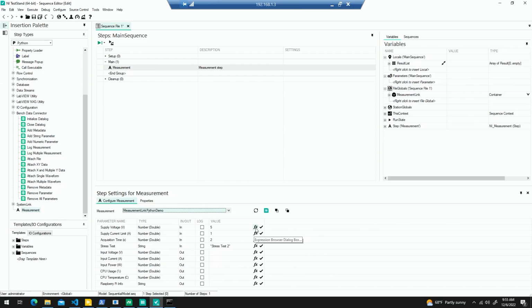So in here, once you install MeasurementLink Developer, you get a new step type, which is called measurement. So all you have to do is drag and drop into your sequence. And then in the sequence, you're able to select your Python code for this instance that we're doing. And then all your variables show up right here. And now another great feature of this is that you can just select which variables you want to log very quickly and see the data, right? And start automation like that. So select what you like, and then